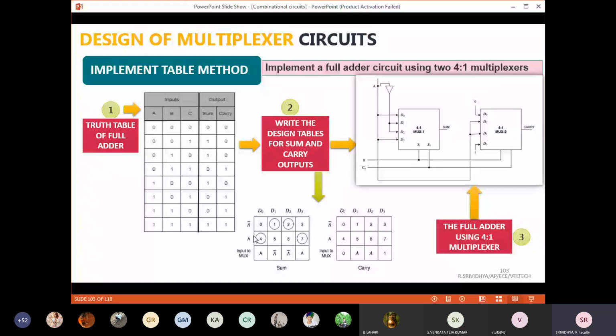Now what we are going to do is find where all we should put the ones. Now where all ones should be put for sum? This is the sum table. So in position 1, position 2, and then position 4 and position 7. So 1, 2, 4, 7. That alone you circle. After circling, I will tell you what to be done. This is your output actually. So how to write this output, I will tell you all. You have to see column wise. Each column wise you have to see.